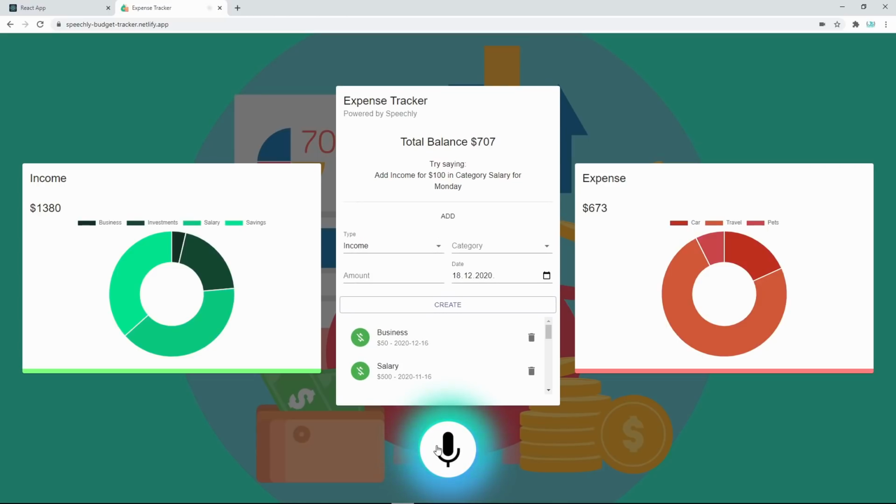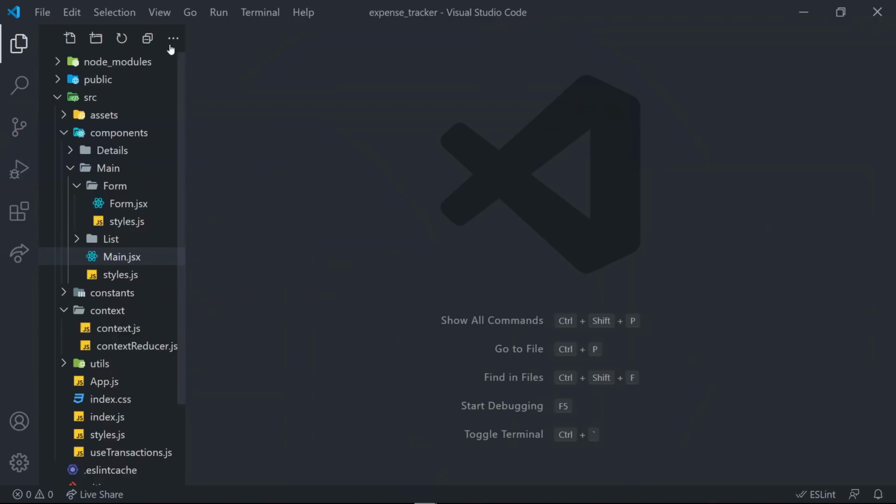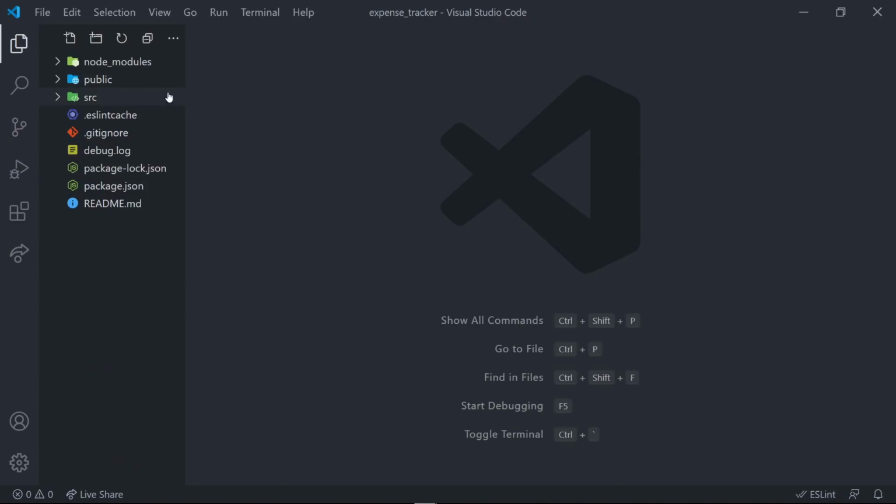Add expense for $100 in category salary for next Tuesday. And there we go. If you look at the top right corner, transaction successfully created, and you can close that. Let's implement that. If we collapse everything just so we have a clean working environment, that is going to be